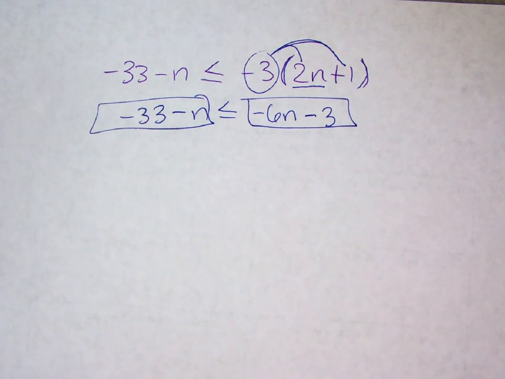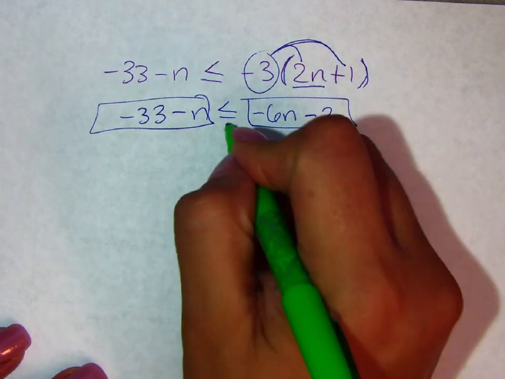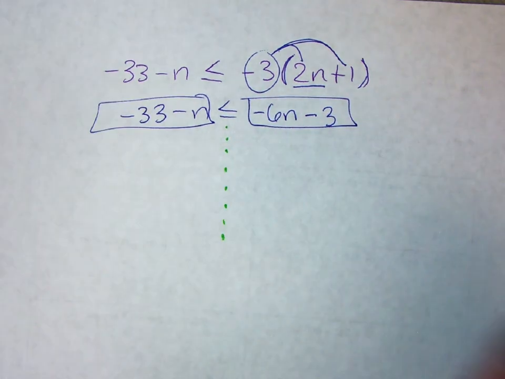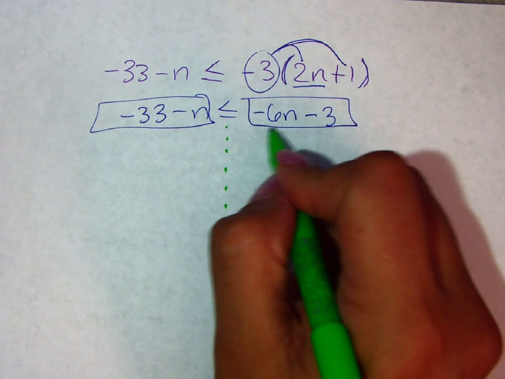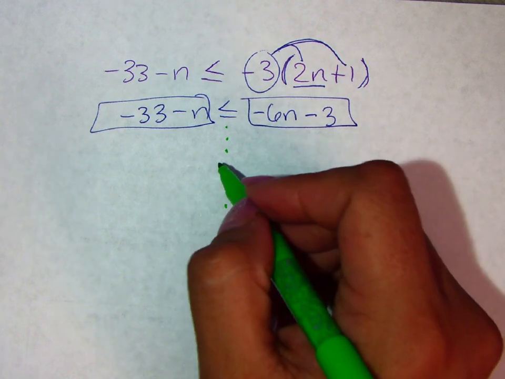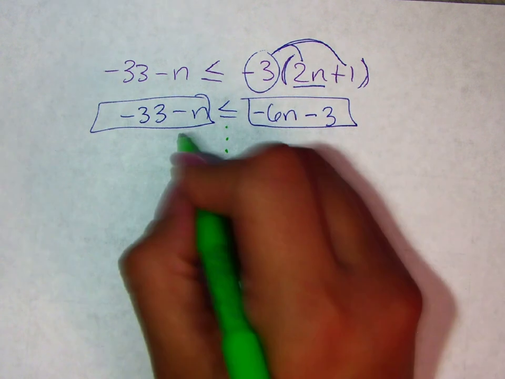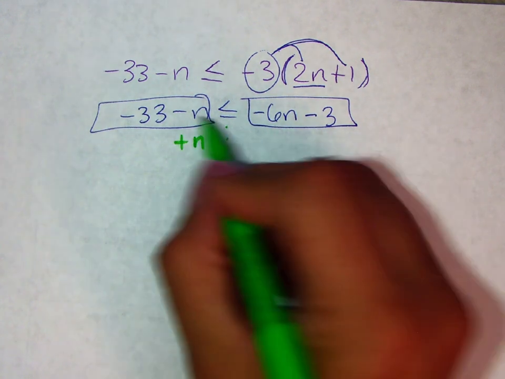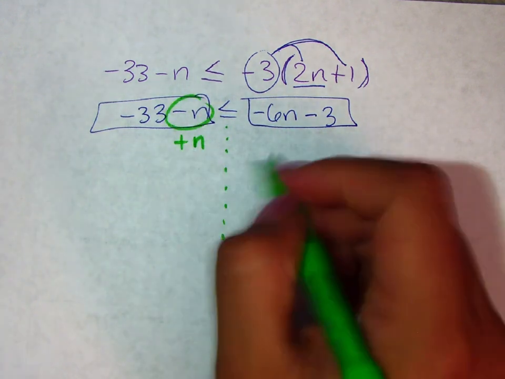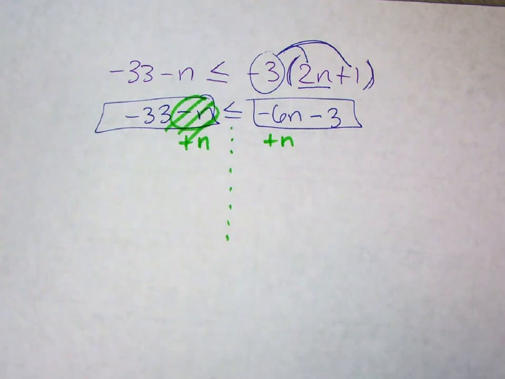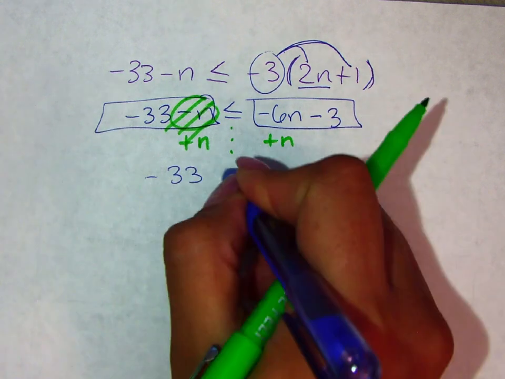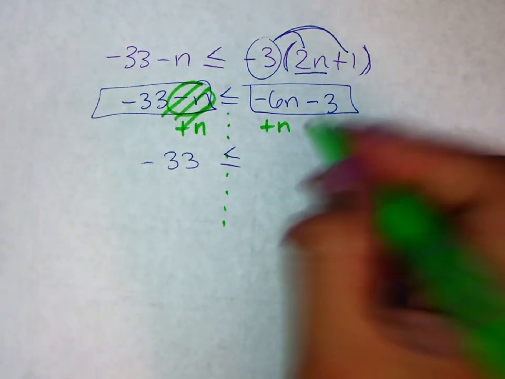So the next part is to move things around. This is where you kind of draw a wall right there, and you want to move letters to one side, numbers to the other. I'm used to writing the letter on the left side, but just for practice, I'm going to move that letter to the right side so you can see what happens. Negative n cancels with positive n, and we're left with negative 33, keep the inequality sign, and then we have